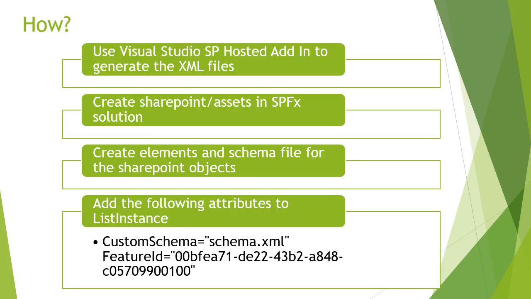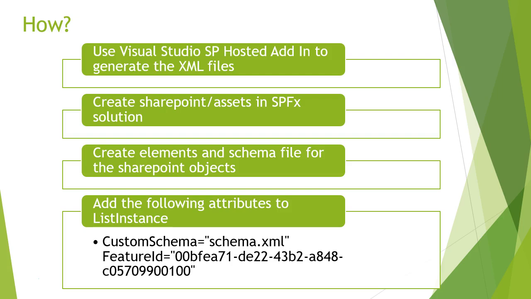So first you launch your Visual Studio, either the Community Edition or the Professional Edition, and start off a new SharePoint hosted app. So you have nice tools there to create the XML files. It's very difficult to type everything, and definitely there will be spelling errors and you might be breaking your head to get the code working. So I suggest you use the Visual Studio SharePoint hosted add-in. Just generate the XML files. There is an option there to add a new list item or site column or content types, and we generate the